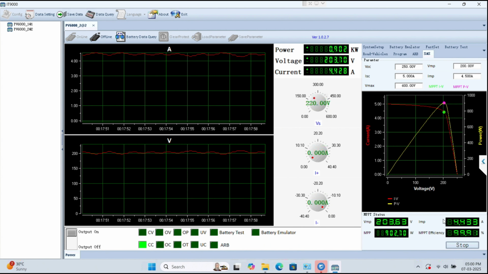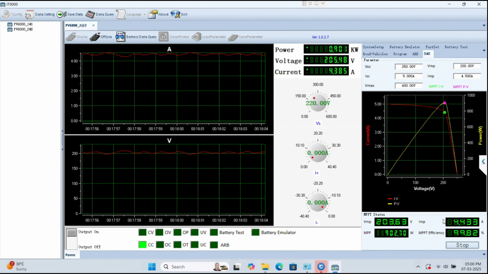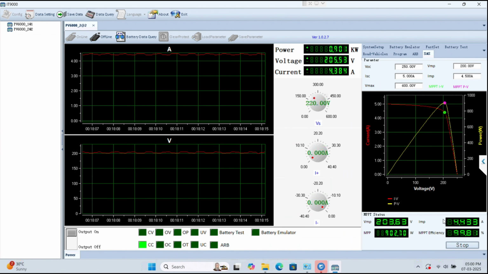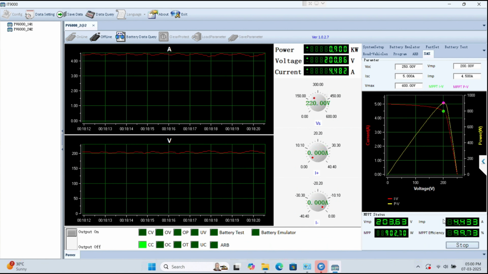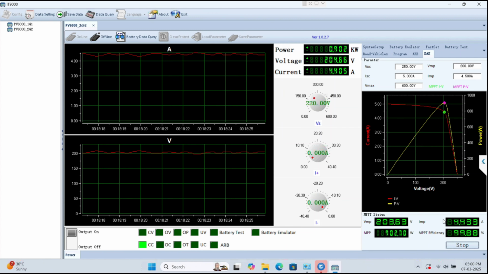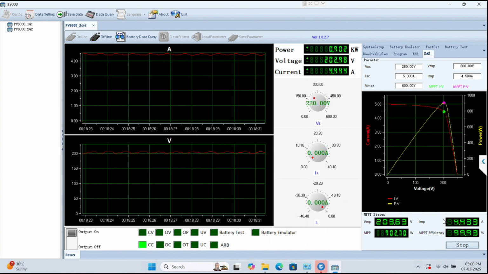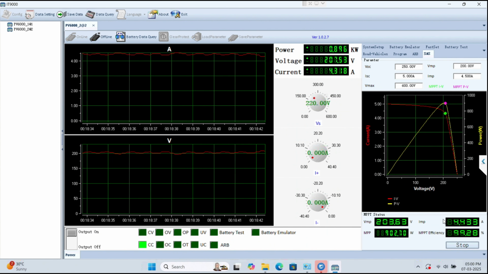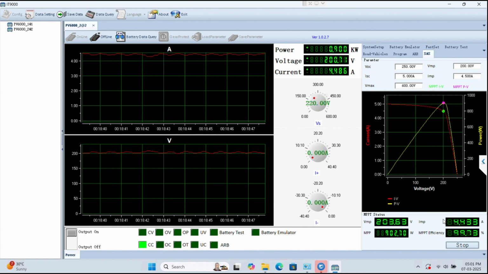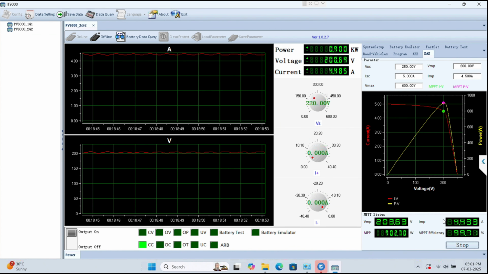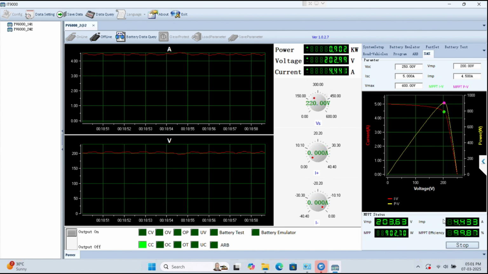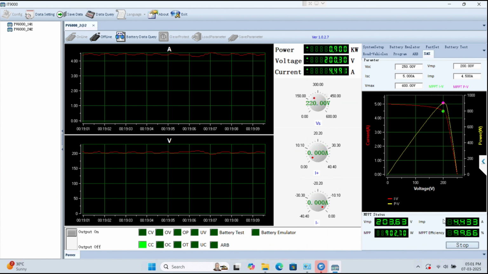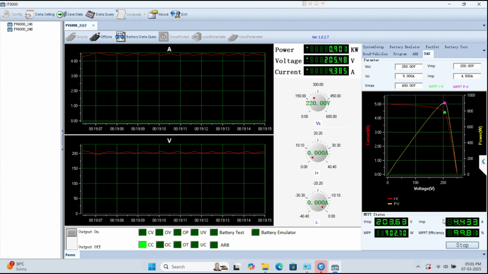For example, I have configured VOC 250 volt, ISC 5 ampere, Vmax 600 volt, VMP 200 volt, IMP 4.5 ampere. After turning on the test, we can see the MPPT points. Currently, we have connected the inverter to the bus bar and it's drawing 4.4 ampere with an efficiency of 99%. Before performing any test, always ensure that you enter the Vmax value correctly. This power supply is rated for 1500 volt. So if you accidentally enter an incorrect value, there is a risk of damaging the inverter or DUT.